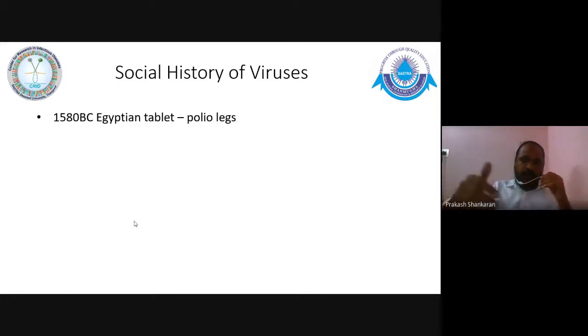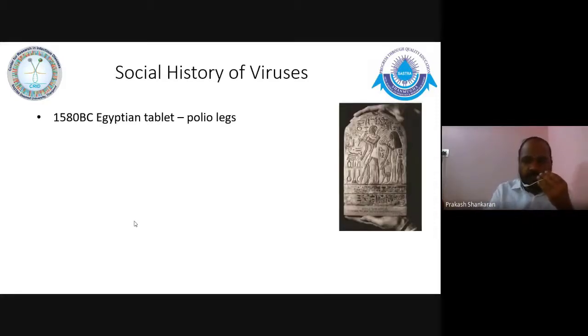We know from the previous slides that the history of viruses starts from somewhere in the 17th century. They started to think that it's a bacteria, toxic fluid or something. But is that the beginning of people observing something happening abnormally? No. There are proofs that people observed conditions or diseases caused by virus infections. For example, if you notice this,